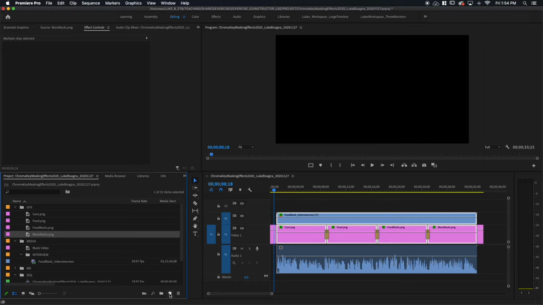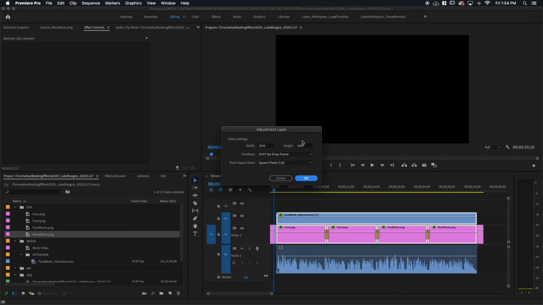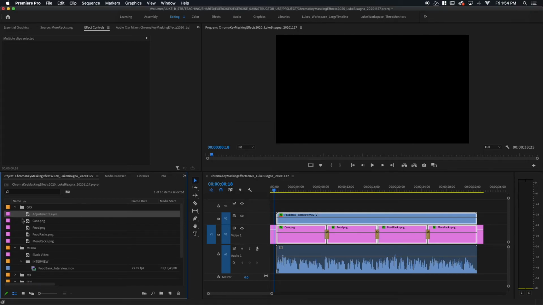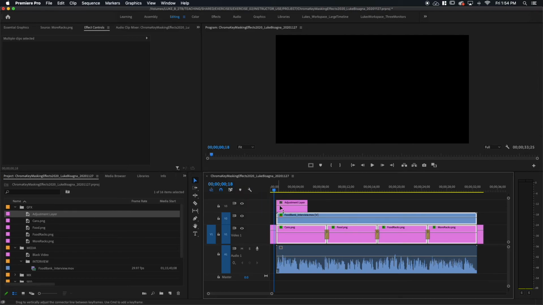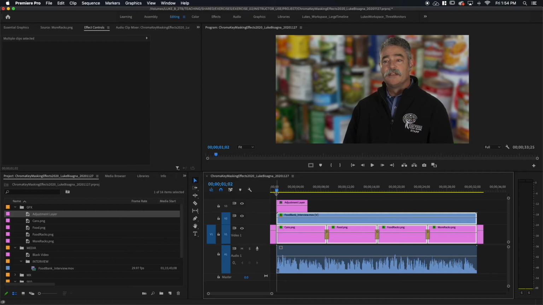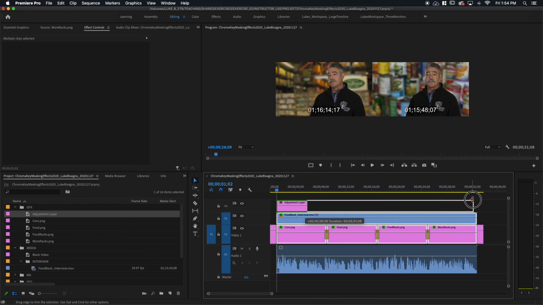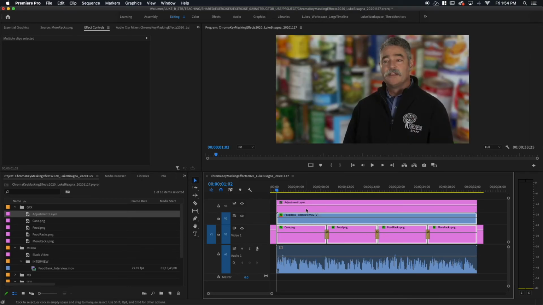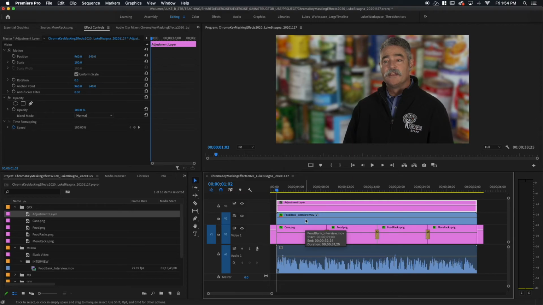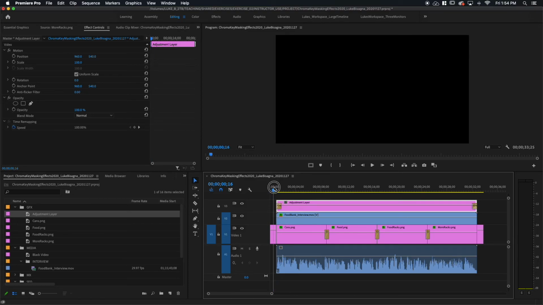So what we're going to do is go to the new item icon down here, click on adjustment layer, and say yes, we want it to be the same frame size and frame rate as our sequence, and make sure that it's located in our GFX bin, which it is. And then we're going to drag that onto our sequence here, line it up with the edge of our subject here, making sure it starts at the exact same time, and then trim that out all the way to the end. And then we're going to select that and use our keyboard shortcut, Shift D. With the clip selected, it will actually apply the transition to both ends of the clip. And there we go. Now let's look at that fade up.